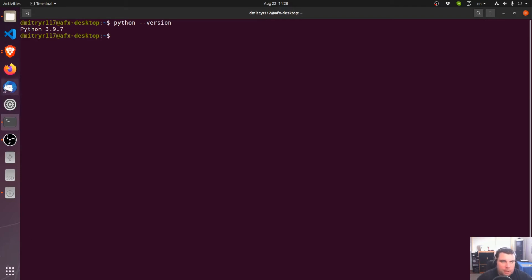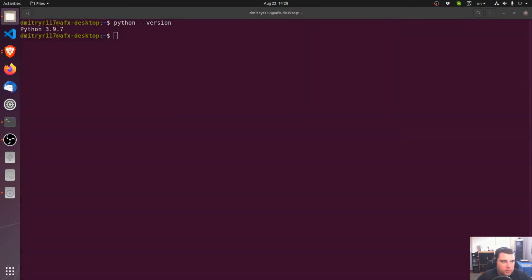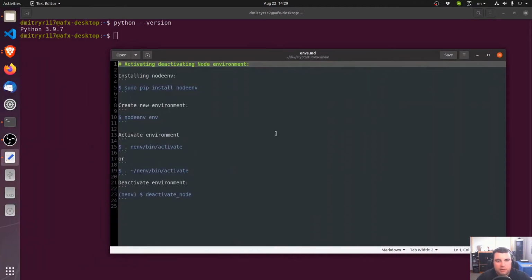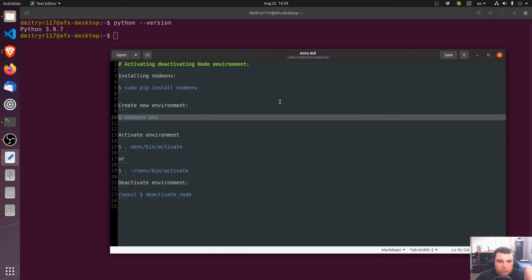Okay. Next, what I need is a way of installing a Node environment, separate from the operating system environment here. The reason why I'm setting up a separate environment is so that in case something fails in the future, I can just erase the environment and reinstall it without having to deal with the packages within my operating system itself. That is something that I saved in this little text document here. So